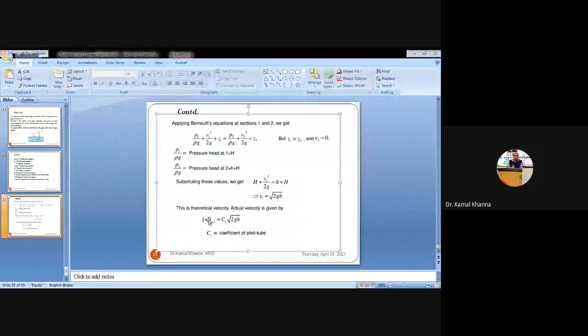But if you are considering that the flow is steady, the fluid is incompressible and non-viscous, that is there is no effect of viscosity in the pipe, and we are assuming that there are no losses in the pipe, then you have to consider Cv as 1, that is 100% efficiency of the fluid. So the theoretical velocity will be equal to only the square root of 2gh. g you always know, that is 9.81 meter per second square, and h is the pressure head, that is the difference between the static pressure and the stagnation pressure.